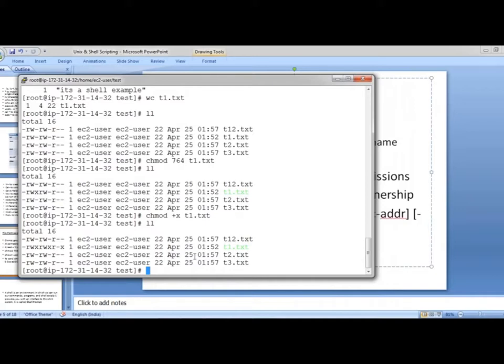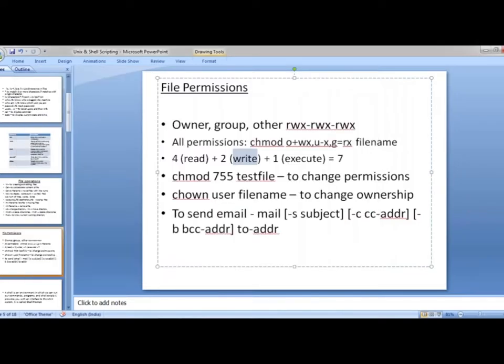When you say +X, it includes X for all the users, groups and other users as well. It has added permission. So if you want to specify particularly what permission to give the owner, you can add permissions with plus, and you can remove them with minus. That's all about file permissions.